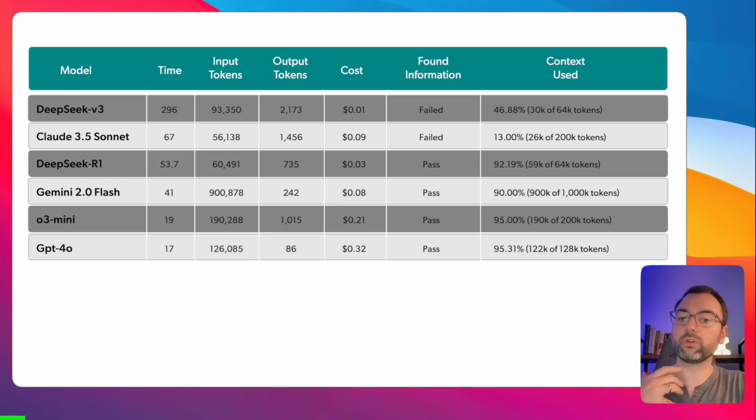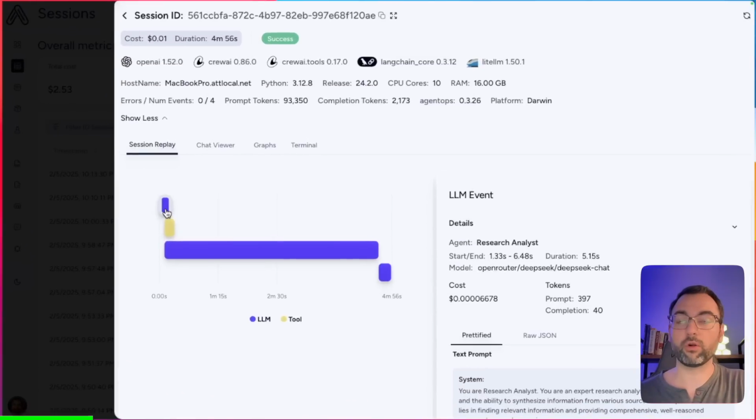So let's go ahead and start looking at some of the worst models such as DeepSeek v3. So right out the gate, what you'll notice is this model and Claude Sonnet both failed. And as you can see, they were not even able to use half of their entire context window whenever we were passing in a large amount of data. So let me show you why it was failing behind the scenes when we look at the stack trace. So what you can see is we were calling this research agent saying, hey, please go off and